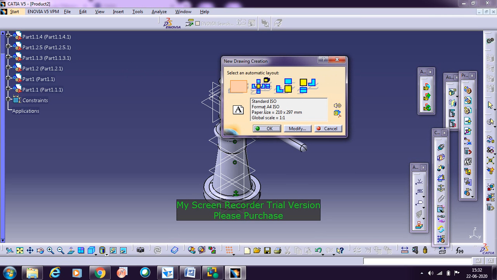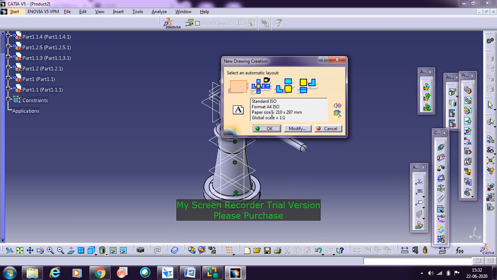See, it is important that in the format you select A4. The reason behind it is that we'll be taking the printout in A4 for all the exams. Due to the constraint with the printer, most often we'll be using the A4 printer. So for that the paper selected should be A4 here.